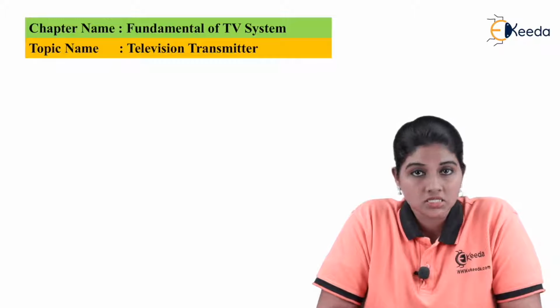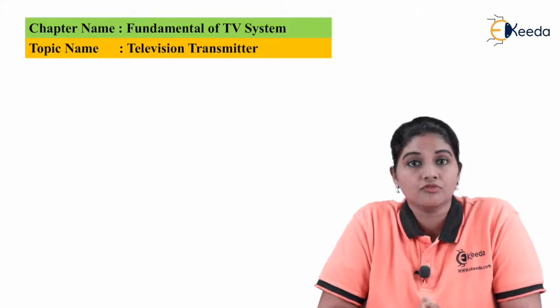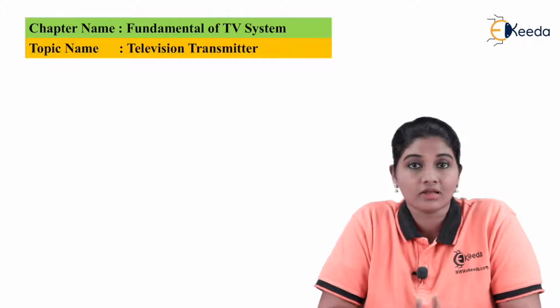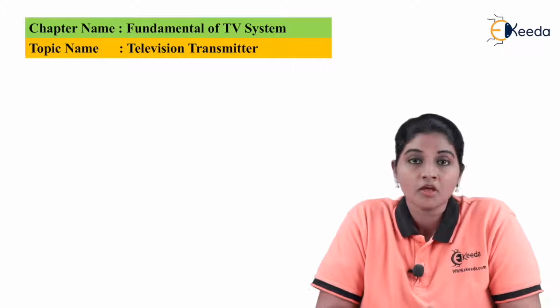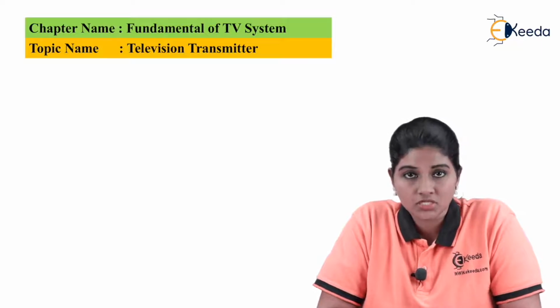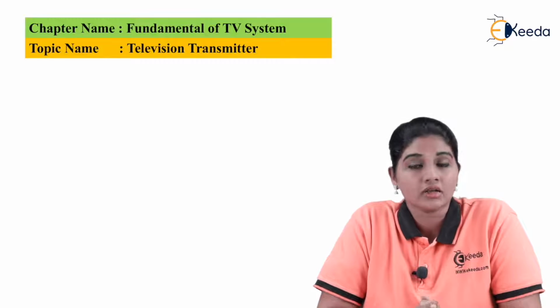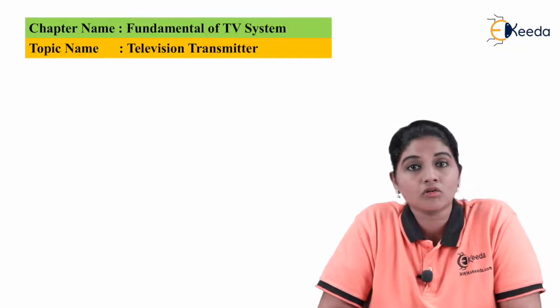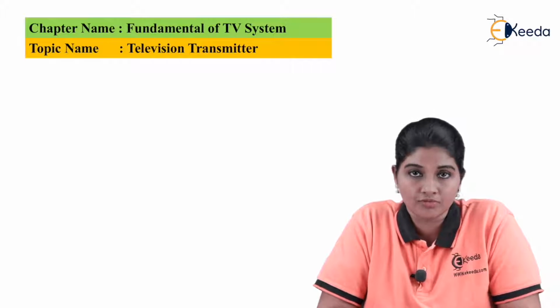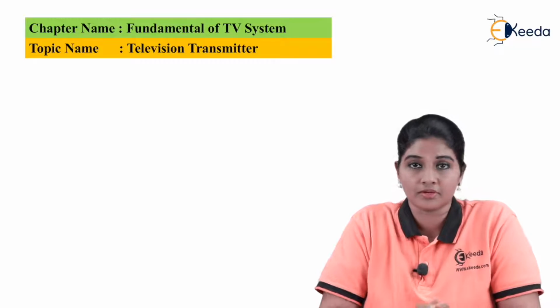Television is basically a system which is used for transmitting visual images and sound so that they can get reproduced on the screen in order to produce the picture and sound. So for the transmission and reception of the signal in TV, we require a transmitter and a receiver. Now in this topic, we are going to discuss the transmitter of monochrome TV. So let's begin with the topic.